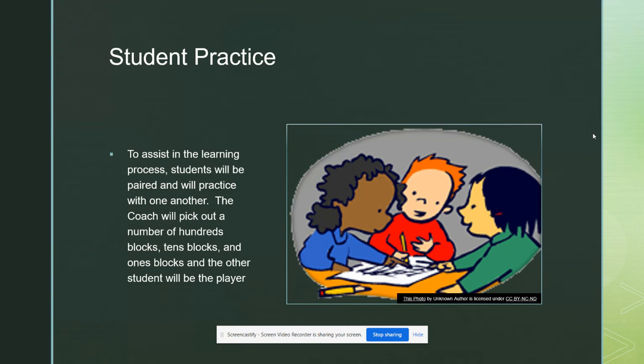This is a great strategy to allow students to build confidence with one another, so that they can act as the coach, and they get their practice as a player as well. After the coach does one or two with the player, they then switch roles, giving each of them that opportunity. It's a great way to reinforce all of the different understandings that they had with the manipulatives. So this